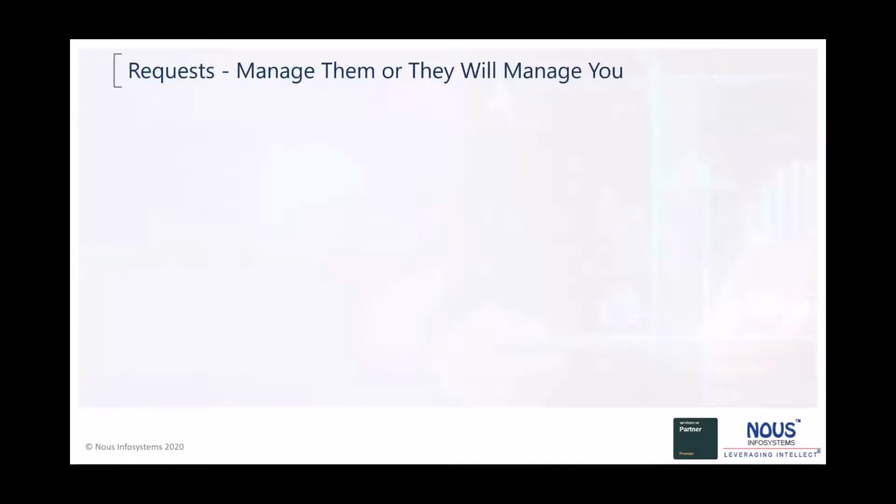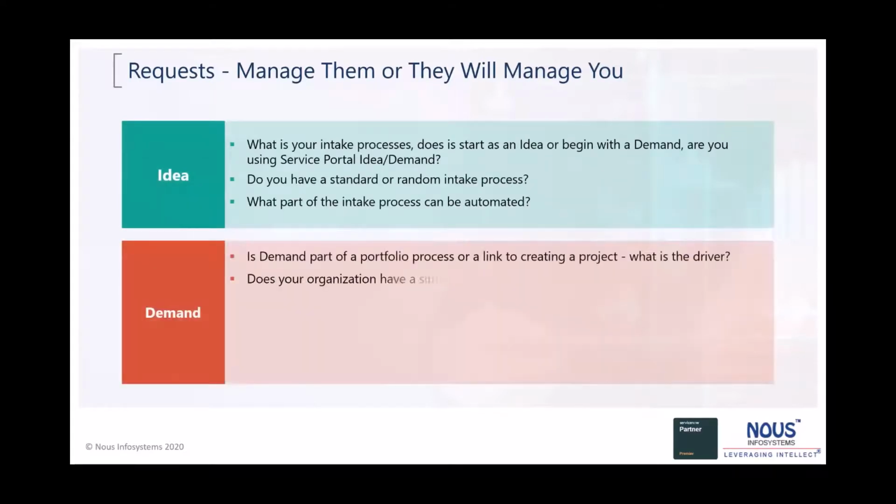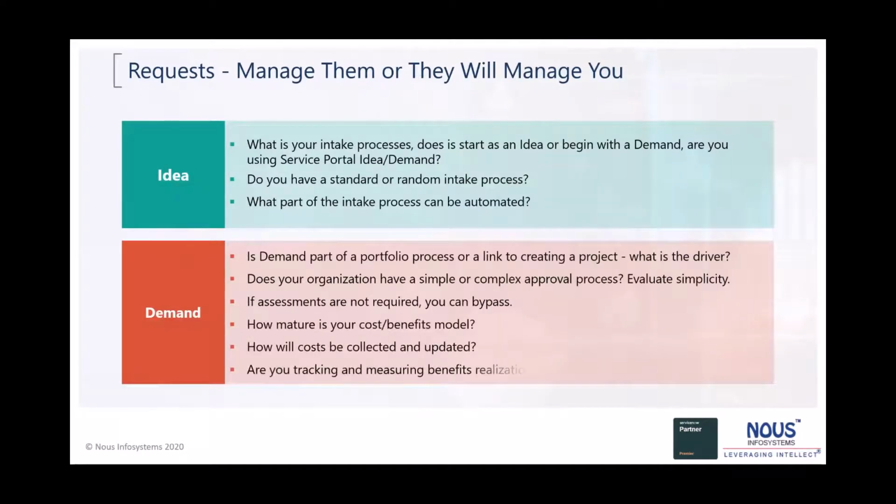Now, we'll start first by understanding what happens with the request. There are two ways about the request: either you manage them or they are going to end up managing you. Key things for us to keep in mind is when the ideas and demands come into play. When we talk about idea,